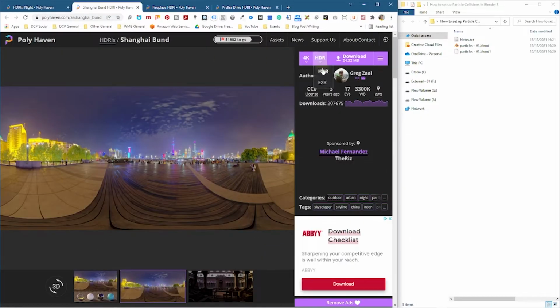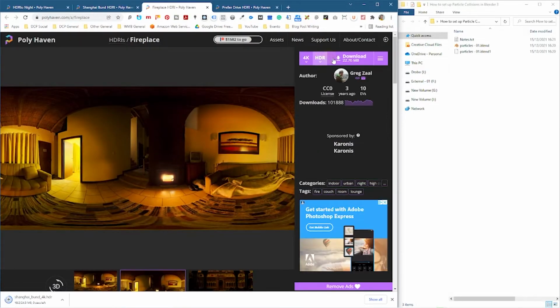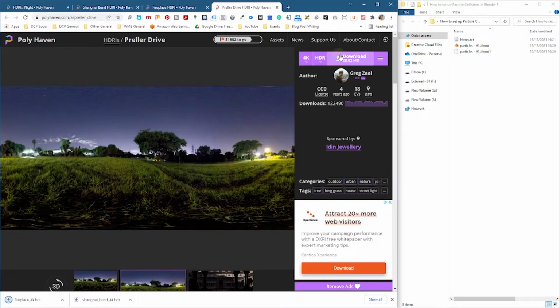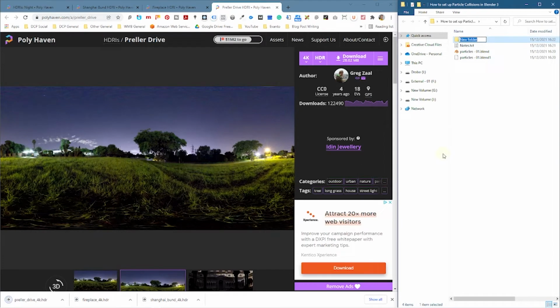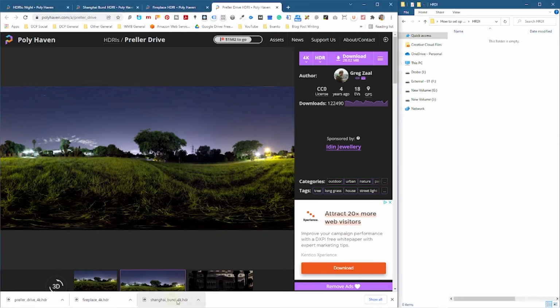So what's important is that you select HDRI here, and you can select 4K, that should be fine, and click download, and then do the same for the fireplace one. Click download, and then we'll do the same for this one here and click download. So let's make a little folder in here. I like to keep our work clean, so we just type in HDRI, and we'll drag these maps into here,